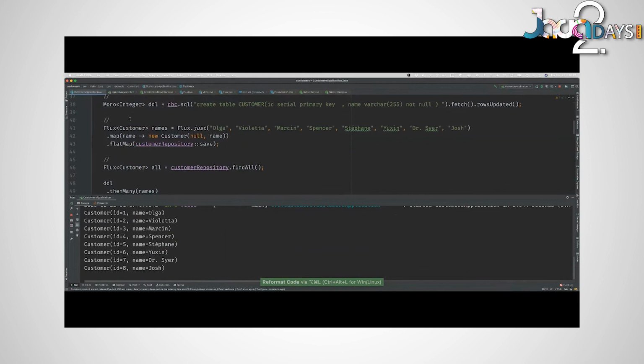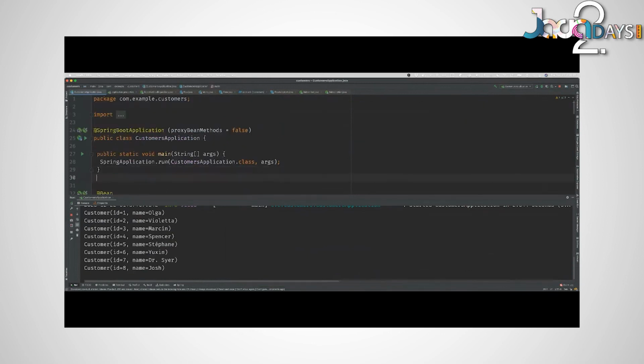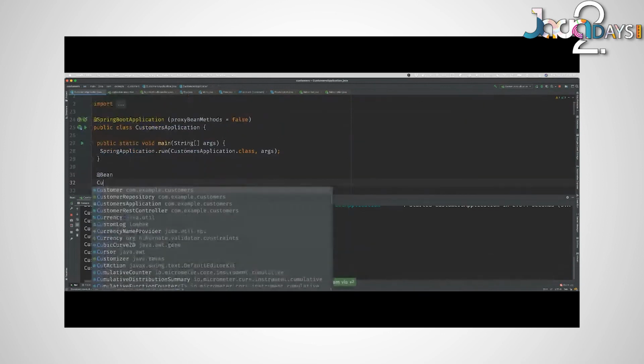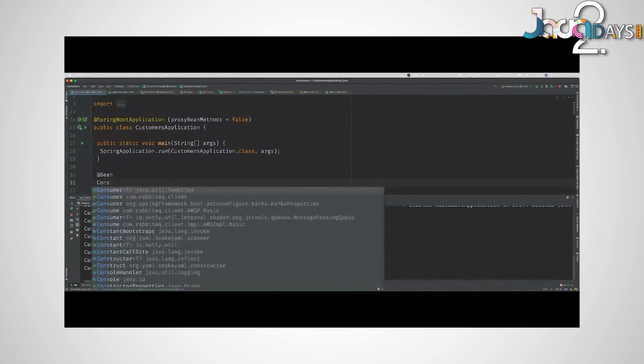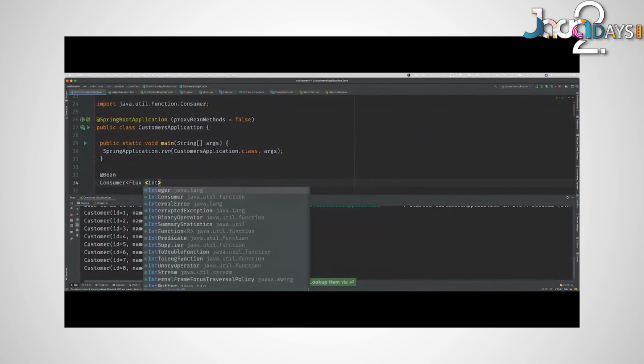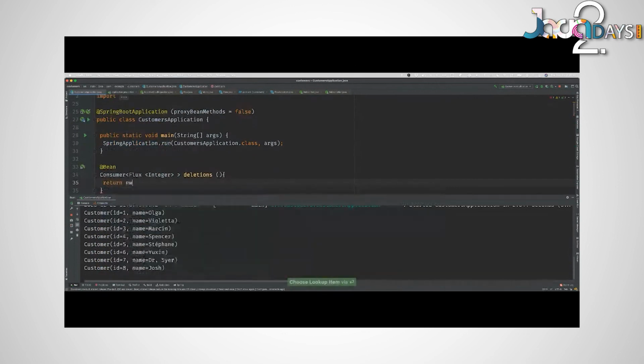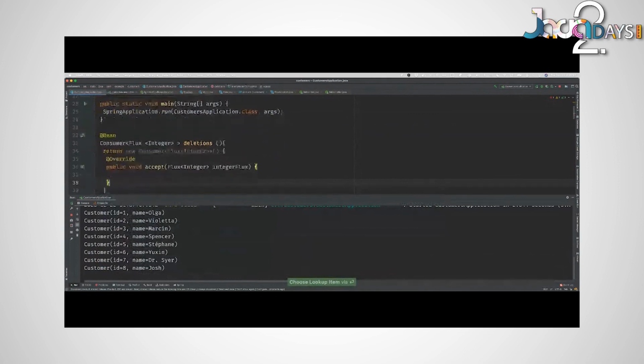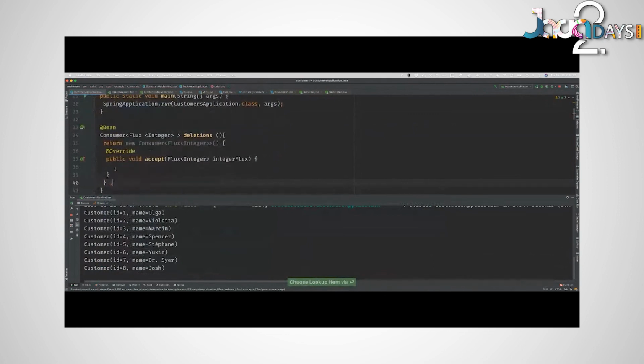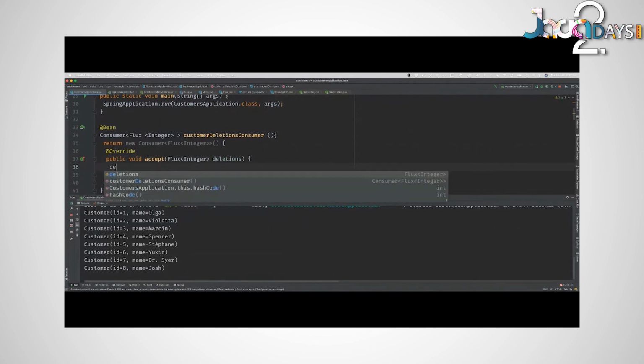Alrighty, now consumer, publisher of integer deletions, right? And the idea is that Spring Cloud Stream will give you a callback when the application starts up, and in that callback you're given a pointer to the stream, and so you can just subscribe to it and do whatever you want with it, right?